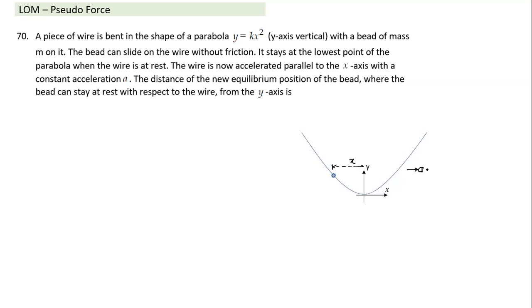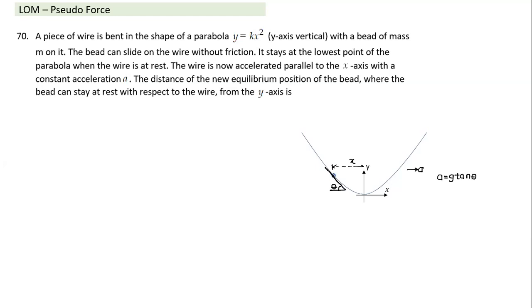And we know, see what we had done earlier. The moment we place the bead on the wire, the wire has a certain slope, and as far as the bead is concerned, it is concerned only with the slope. So when the bead is placed on the wire, whatever slope the wire has, it is equivalent to a mass being placed on an inclined plane of angle theta. If at this particular point I draw a tangent, and the tangent makes an angle theta, then a has to be equal to g tan theta.